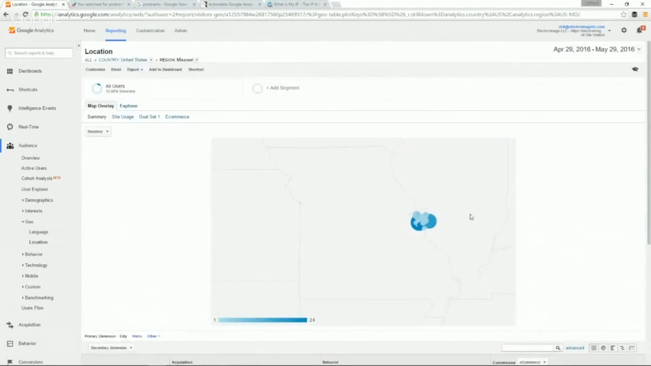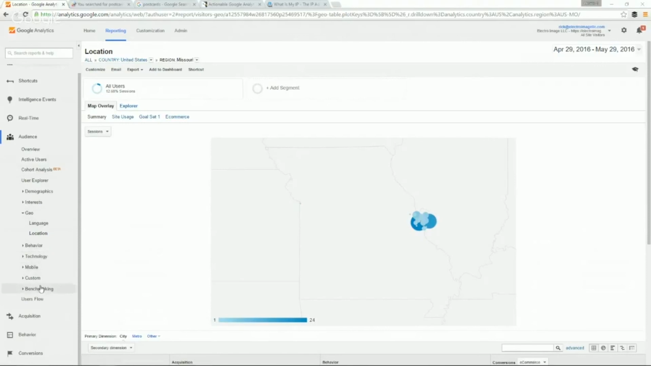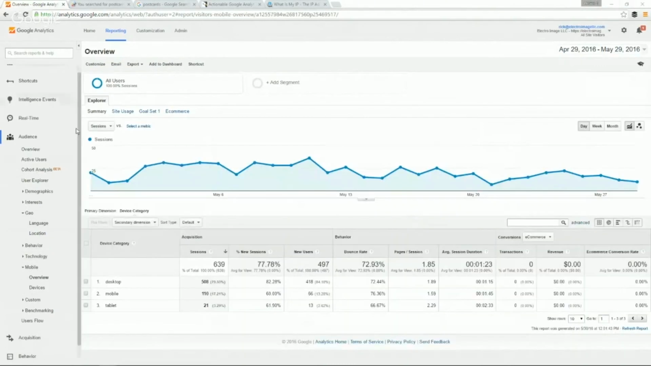Louis service related industry, then it would make sense that almost all of my visits come from that particular area. After location, I wanted to show you mobile. All right, on mobile overview, what we see here is this is just showing you kind of where people are coming from